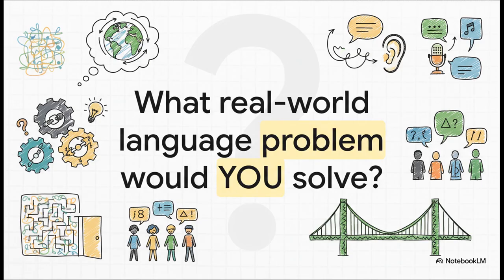So we've seen that applied linguistics isn't just another academic subject. It's a problem-solving discipline, right down to its core. It finds its whole purpose in the messy, fascinating, and sometimes urgent language problems that shape our lives. And that brings me to one last question for you. Now that you've got a map of the field, what's a real-world problem in your community, at your job, or even in your own life where language is the central issue that you would want to solve?